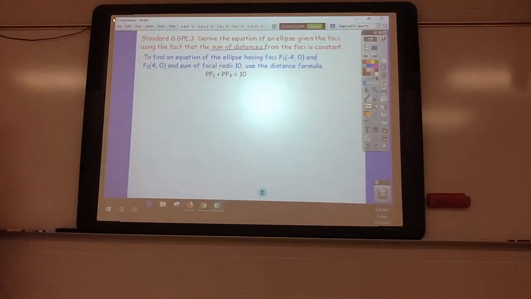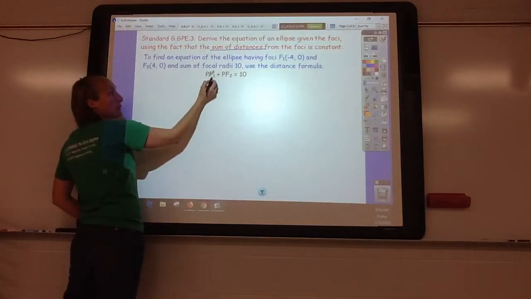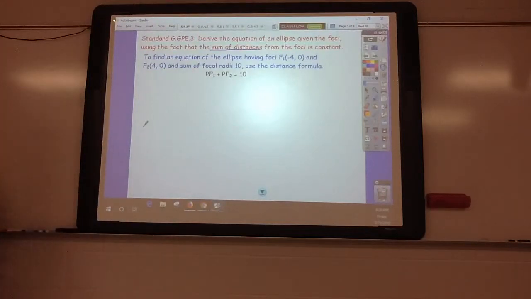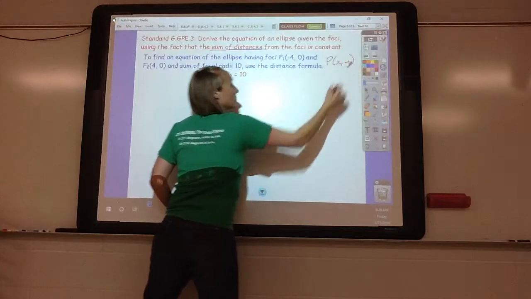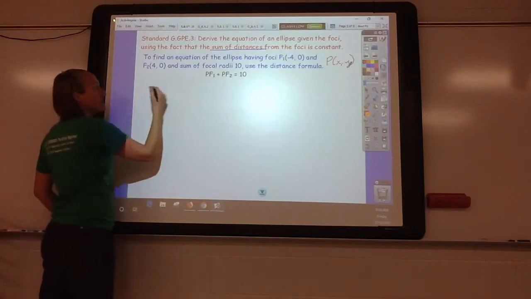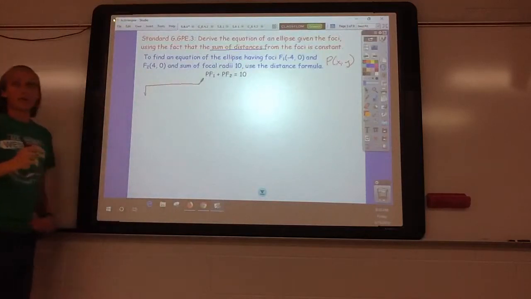This is essentially your copy of what you're going to have to do on the quiz. Okay? Can you show me the work through it? So write steps if you need to as you go through this. The distance between P and F1. Okay? P represents any point on the ellipse. What coordinates do we give that? x, y, okay? P is (x, y). Same as it was in a circle, same as it was in a parabola. Now it's in an ellipse, okay? Any point on it. So the distance between (x, y) and focus 1, which is (-4, 0),